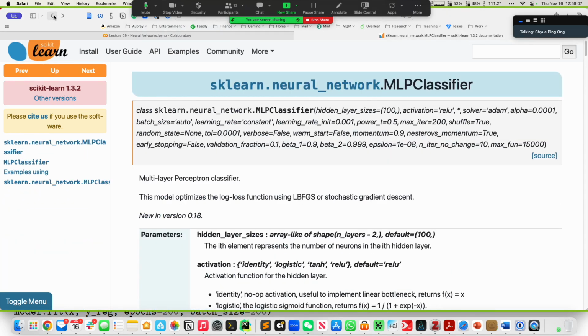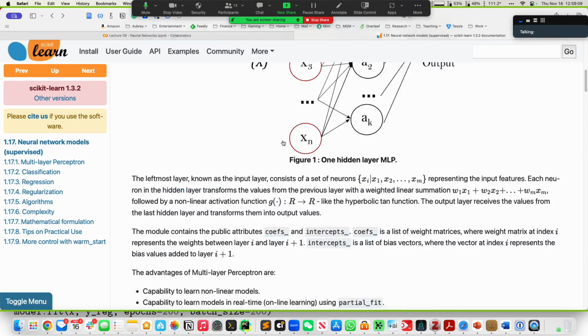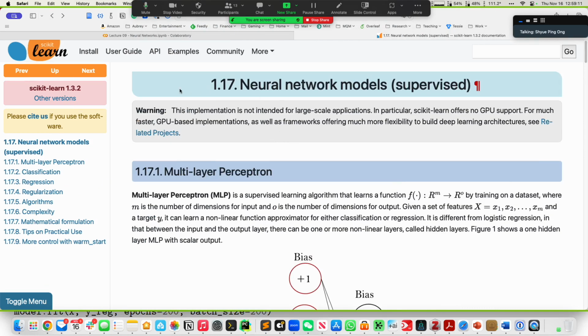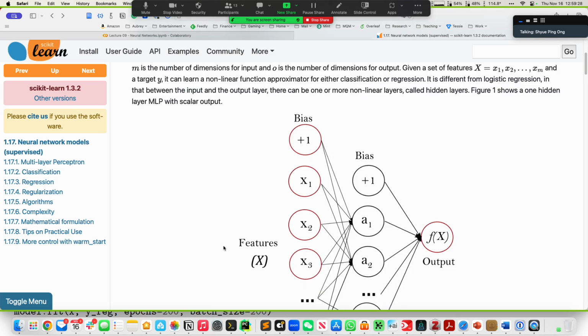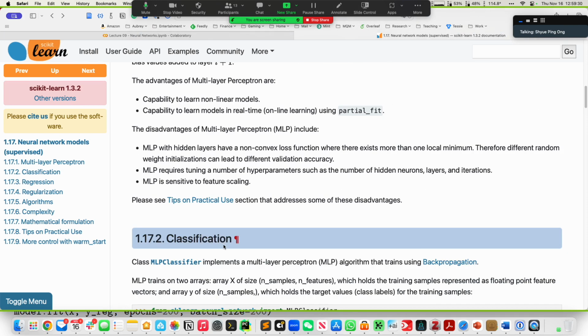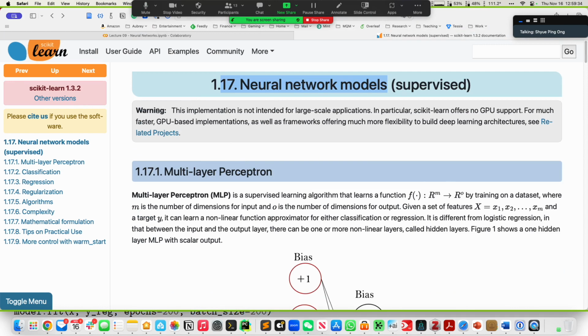Okay, so let me go back a little bit. So in scikit-learn, as I mentioned, there are a lot of sections on the models themselves. These are very, very useful for you to read because they give you a summary of the principles behind each of these models and how they work, okay? And they have some tips on practically how to use them. As I mentioned,